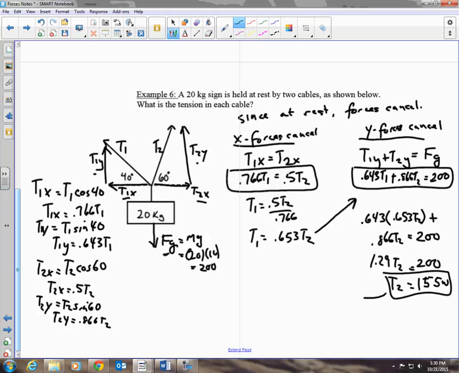Then I'm going to take that and plug that back in over here, and I get T1 is 0.653 times my value for T2, 155, and I get T1 is equal to 101. So if you have x and y, you have to split your forces up into x